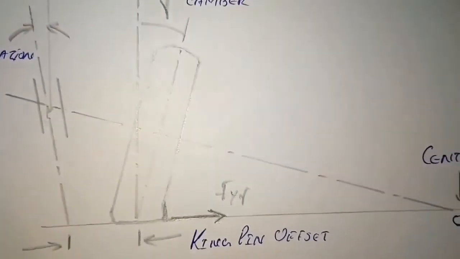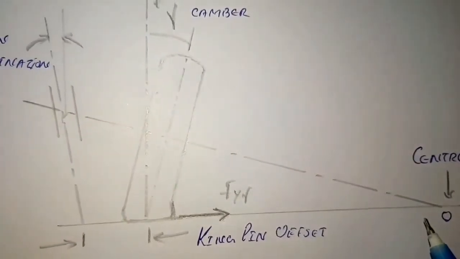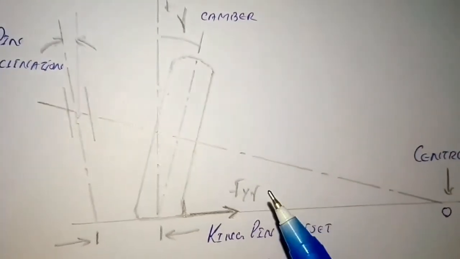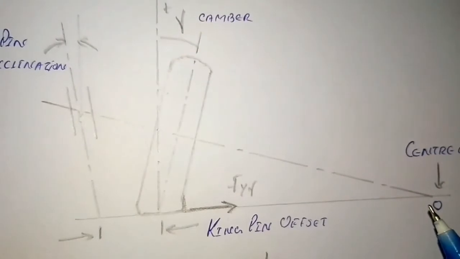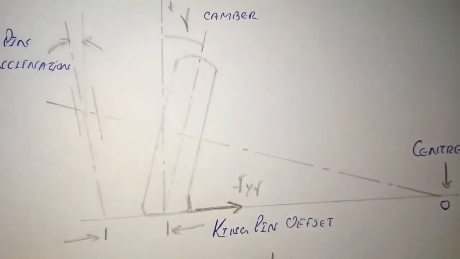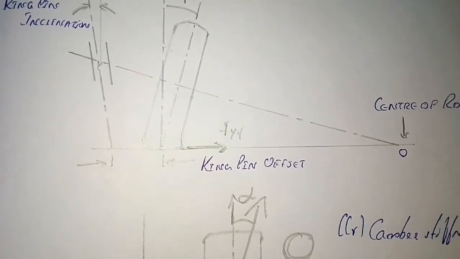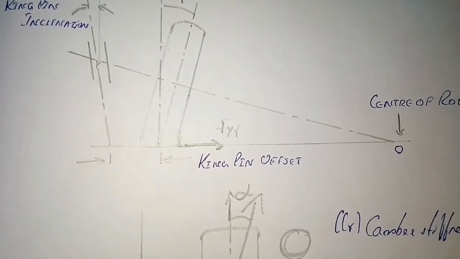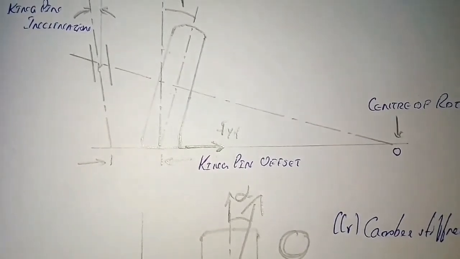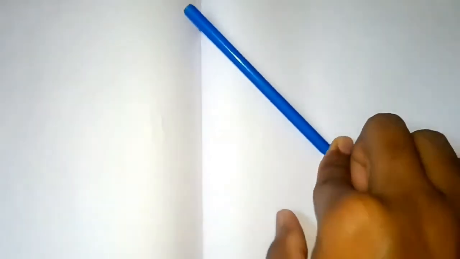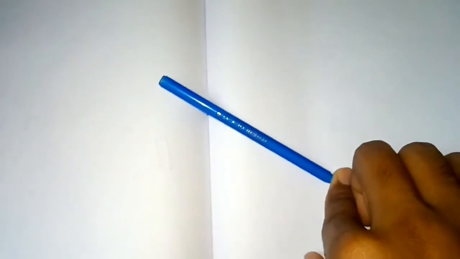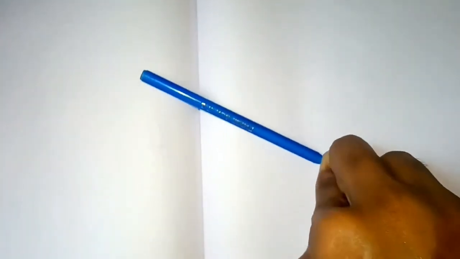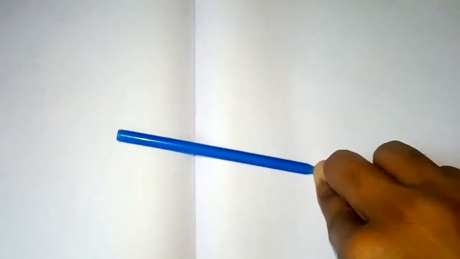But if there is a camber angle, when we project the axis, it will meet at a point O here. So the tire will not tend to move forward, but it will tend to rotate with respect to the center O. This is the effect of camber angle. So the tire is not free to move forward. Actually, it will rotate like this. If the point where my finger is O and the other side has the tire, it will try to revolve with respect to the center rather than moving in a straight forward direction.